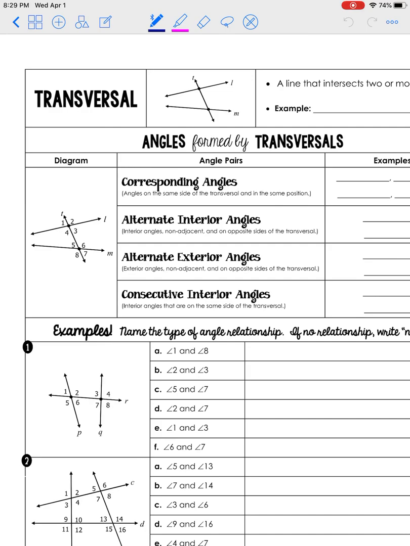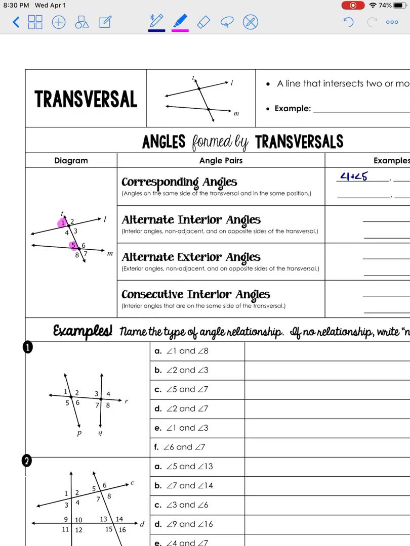So I'm not going to do all of these, just one example of each to jog your memory. So left and up is 1 and 5. Right, they're both to the left of the transversal and above their specific line. Alternate interior angles are both on the inside, meaning if your two lines are like pieces of bread,